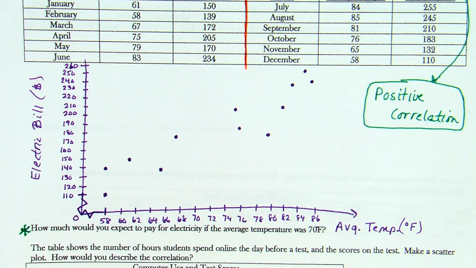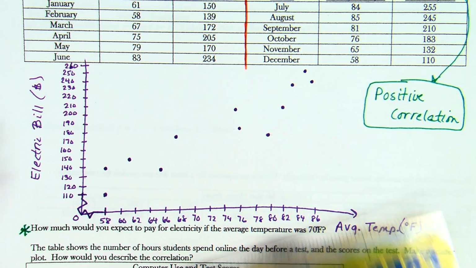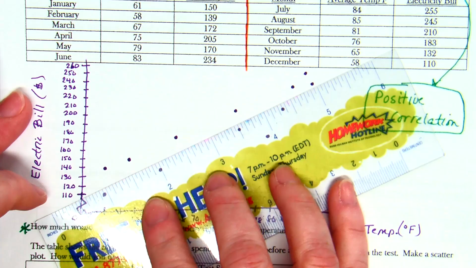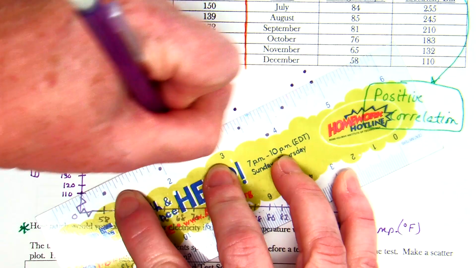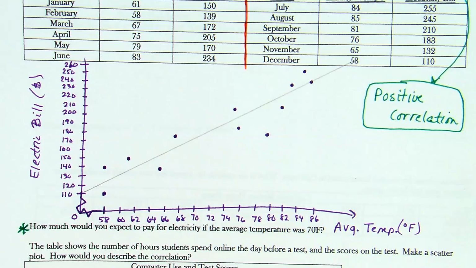Now, one thing you can do, and I love my Rose-Hulman rulers for this because it's clear, is draw a best fit line through here. Let's see, if I just do this in pencil, does that line look like it kind of splits the dots? Yes. And that's kind of what Kylie was trying to do. She was just eyeballing, right? Now, we were specifically being asked for 70, yes? So if I go up to 70,